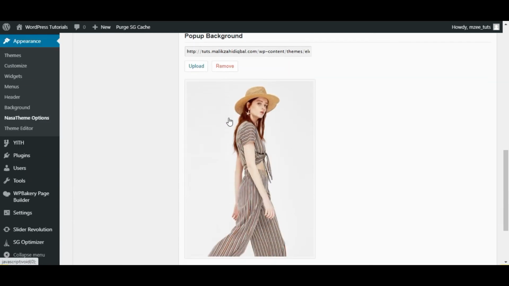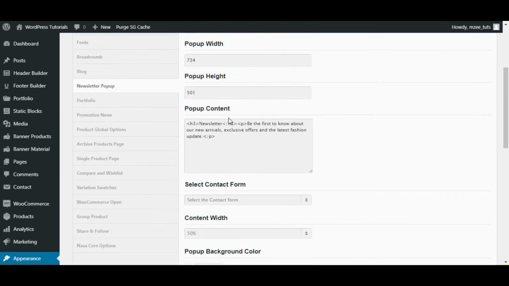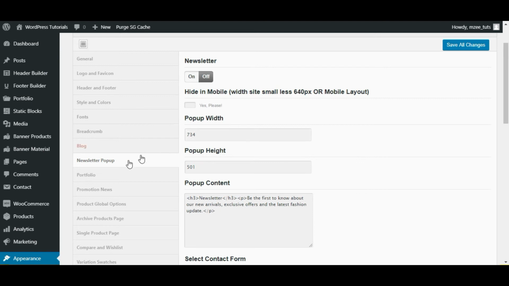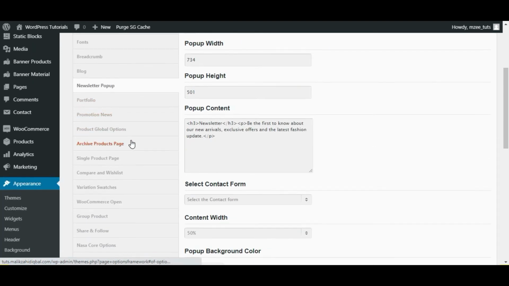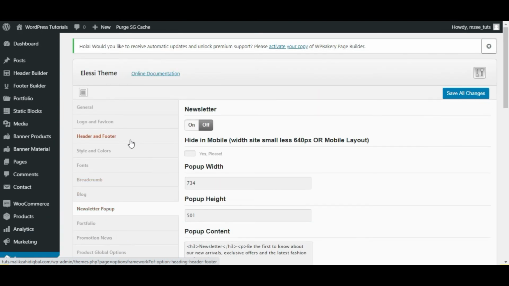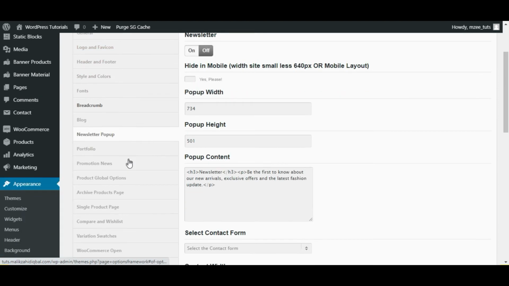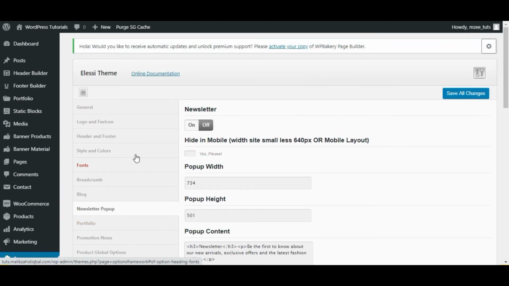You can see here all the different options provided within the pop-up module. So you can just go through all these options on your own. If you have any questions, just leave them in the description below and I will answer as soon as possible.